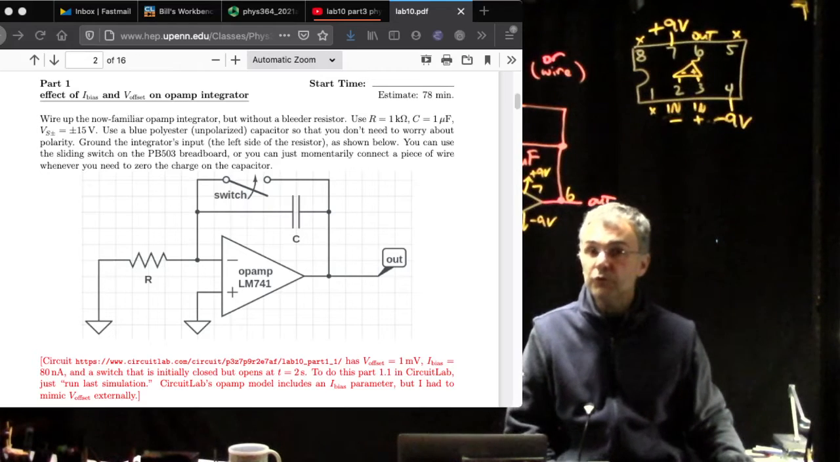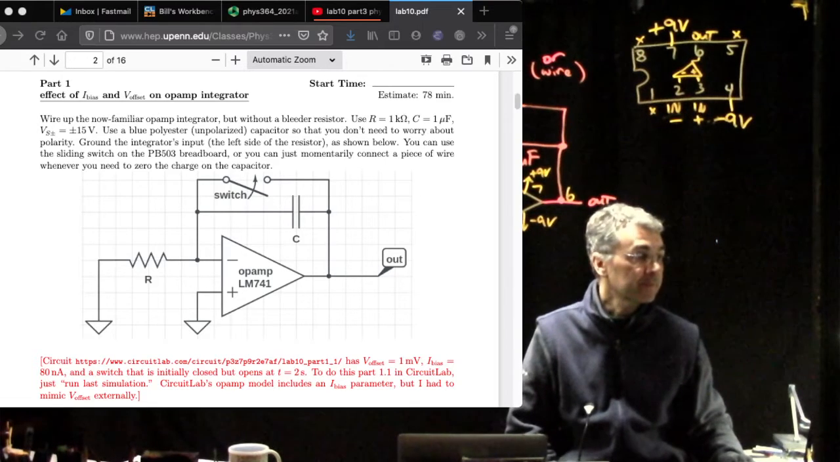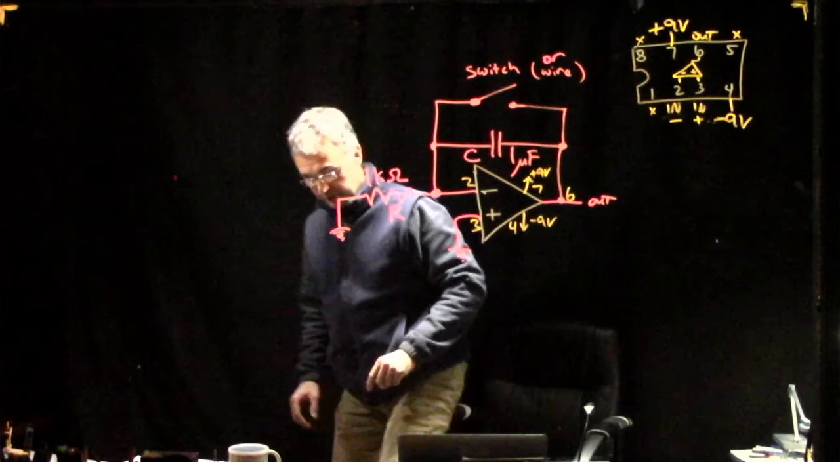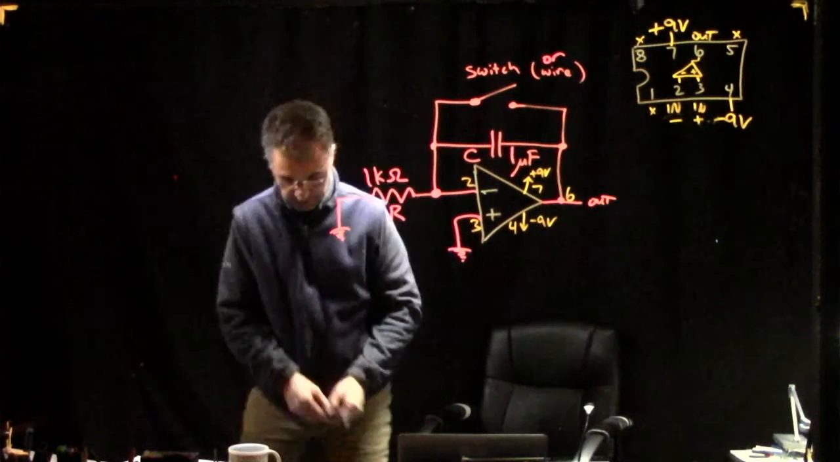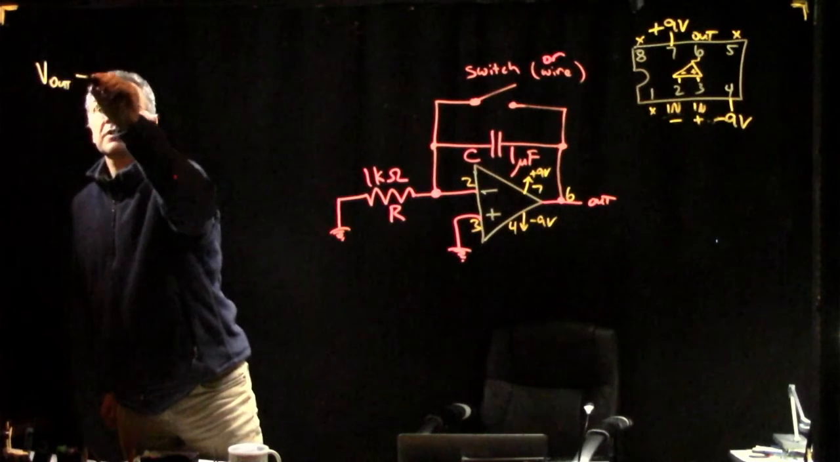Okay, let's do part 1 of lab 10, the op-amps imperfection lab. In this lab exercise we're using the op-amp integrator, and remember the integrator has V out is minus